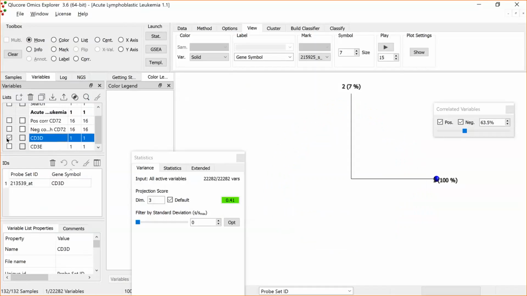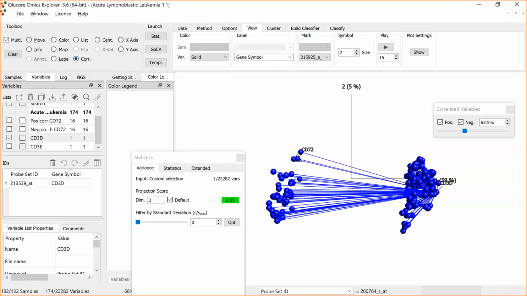So I start with this one. By ticking this box here all the way to the left, I now select this list of genes. So this is the only active gene right now, and you can see here I only see 1. Let's check that it's the correct one. Yes, it's CD3D. Good. And now I want to use the correlation tool again. I need to click on this gene like that, and that immediately